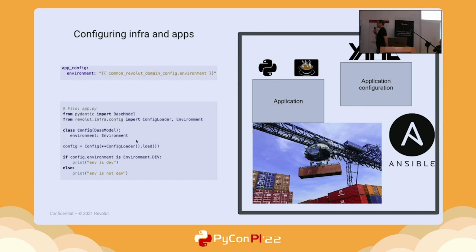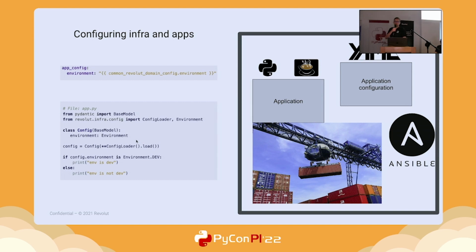So in Python, you probably know that there's this Pydantic library, which is an excellent tool for verification, for serialization and validation of the data. And based on that, we create the configuration of our apps. In Java, of course, there are some dedicated tools, but the idea is the same: essentially to have a class that represents your configuration and is then used at runtime.